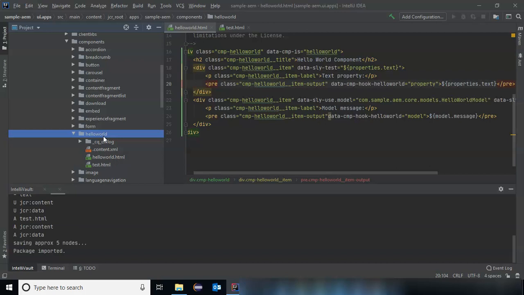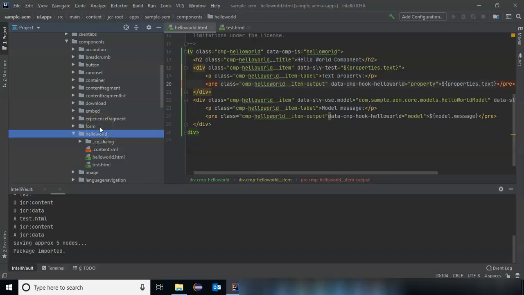So if you have more than one file in whichever component you are working, make sure you first pull down the latest file to your local file system. Just do changes at one place. If you are always working in IntelliJ, pull the latest into IntelliJ, work in IntelliJ and push it back to CRXDE. If you do vice versa, fully do all the changes in your CRXDE and pull everything down into your local file system at the end of the day.